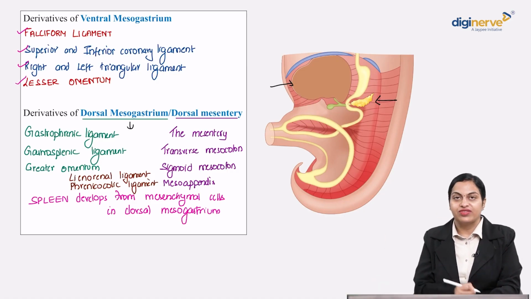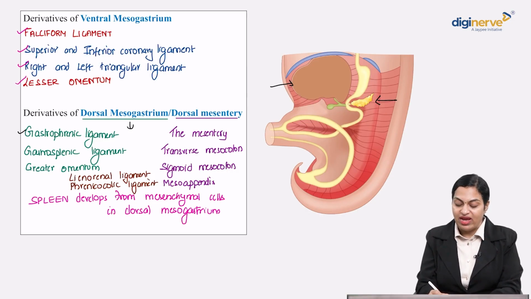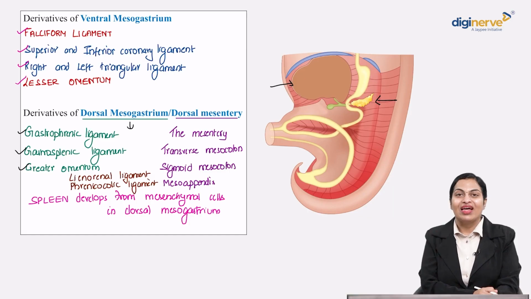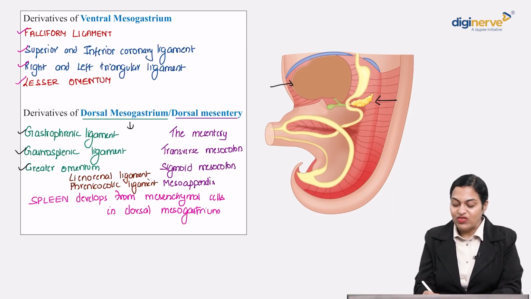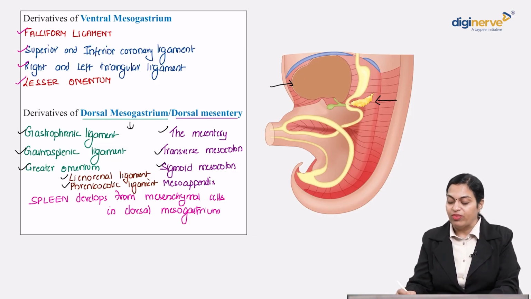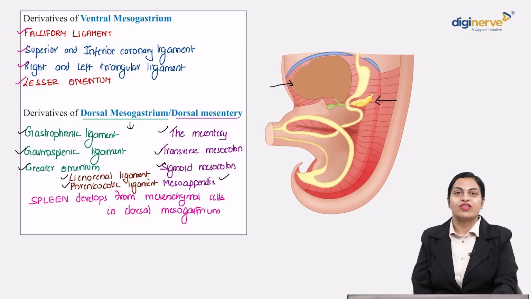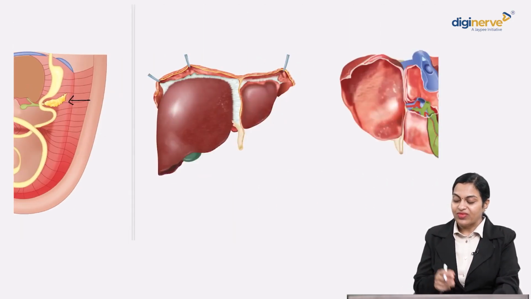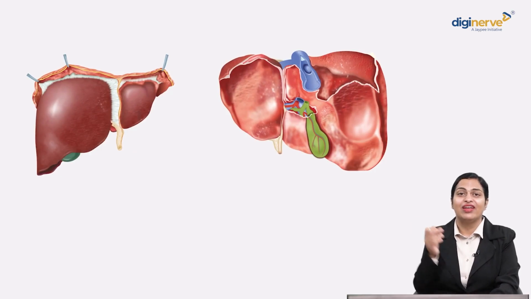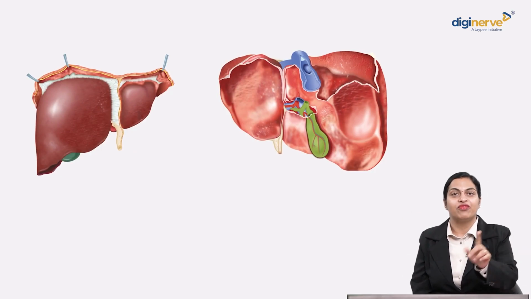The dorsal mesogastrium, the remnants of it are the gastrophrenic, gastrosplenic, and greater omentum. And the dorsal mesentery will give rise to lienorenal, phrenicocolic, the mesentery, transverse mesocolon, sigmoid mesocolon, and mesoappendix. And please remember, the spleen is not derived from the gut tube. It is derived from the mesenchymal cells in the dorsal mesogastrium, right? So let us see gross anatomy images and identify these ligaments. The question can be framed the other way around, right? The ligament can be pointed out in a gross anatomy specimen and they can ask you what is it a